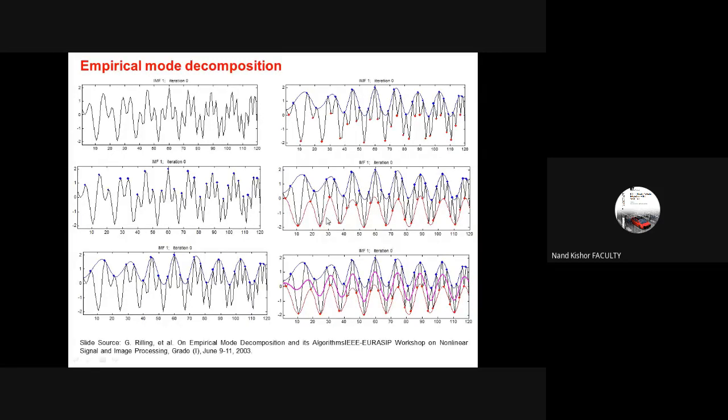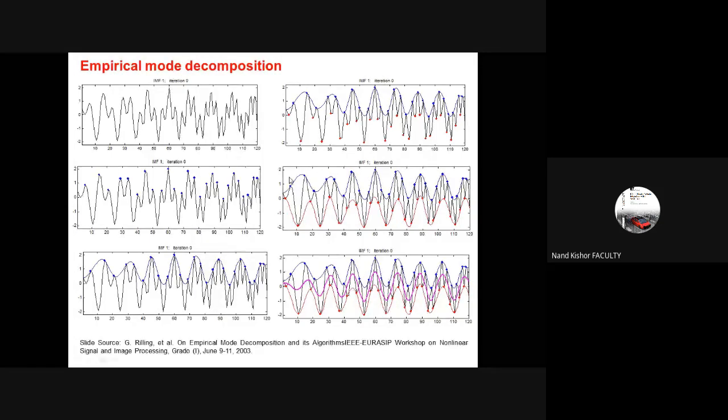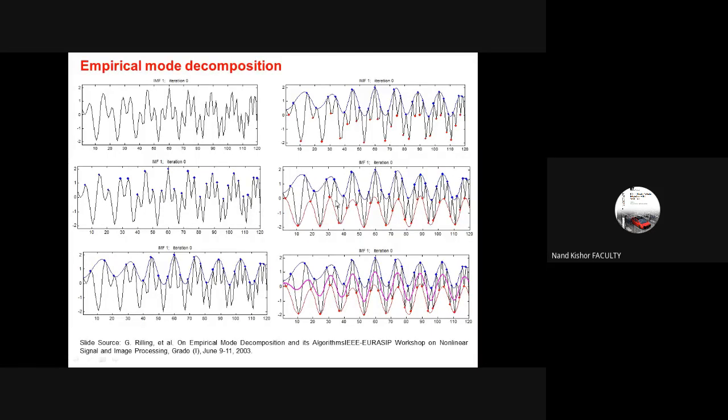And then what we do, actually, you have an upper envelope. This blue line gives you the upper envelope, and this red line gives you the lower envelope. We call the upper envelope the local maxima, because this is a local maxima, this is another local maxima, and this is another, right? In the same way, we have local minima for the lower envelope. This is one local minima, this is another local minima, right?